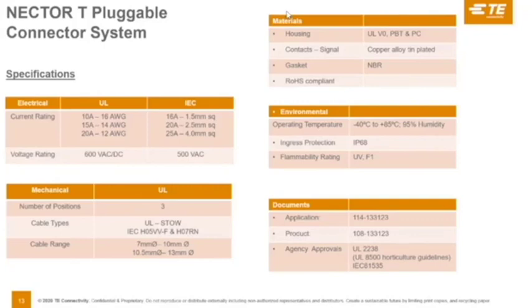Once again, the materials that are used are conducive for outdoor lighting applications where high humidity and wet rated solutions are required, whether it's the V0 material, PBT material, it could be the contact material, which are copper alloy tin plated, and it also could be the gaskets, which are a silicone type material. Once again, you can see the ratings of the product, -40 to 85 degrees C applications, 95% humidity, IP68 and